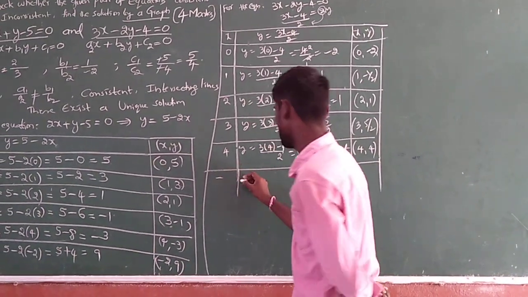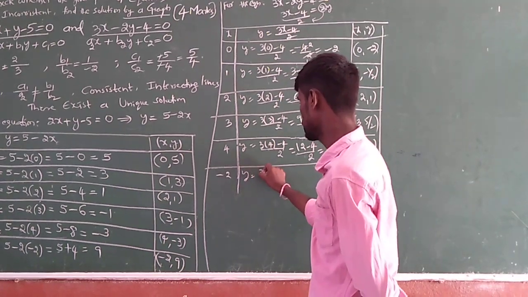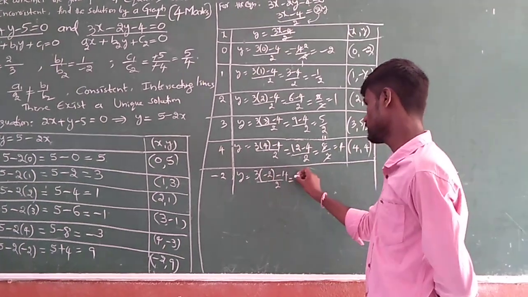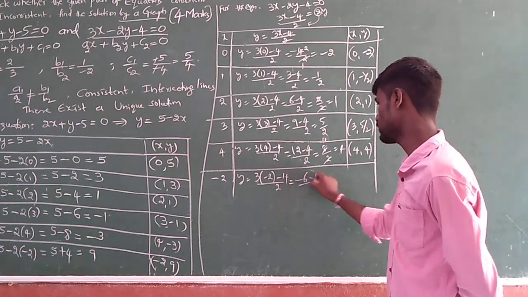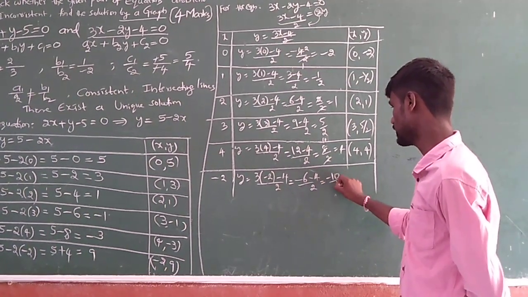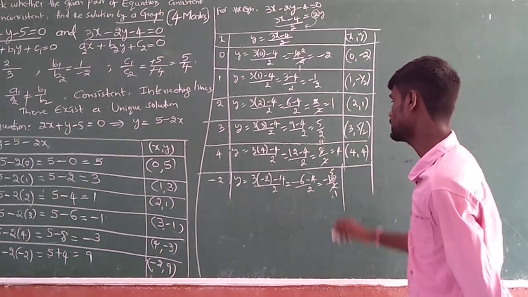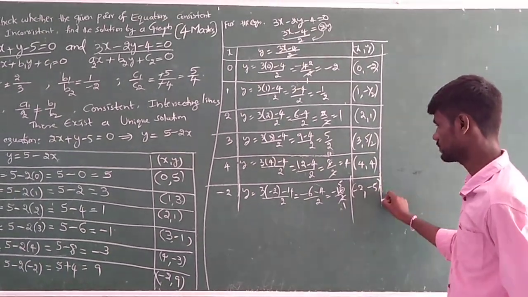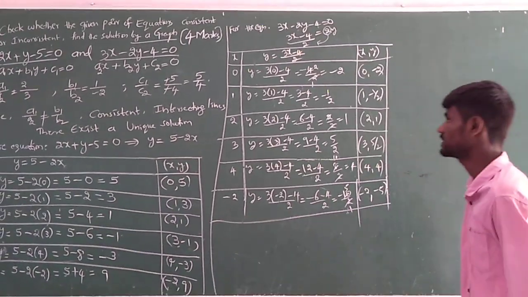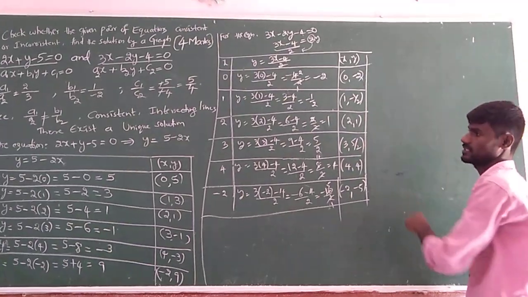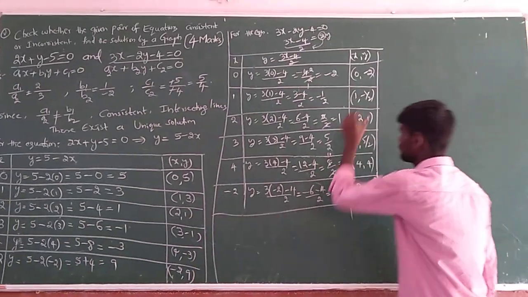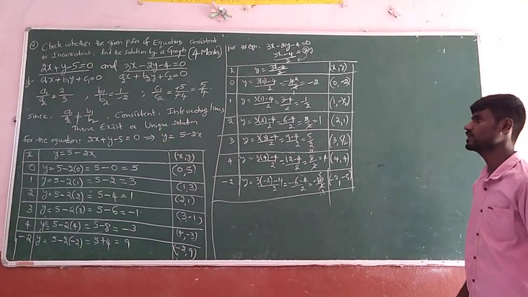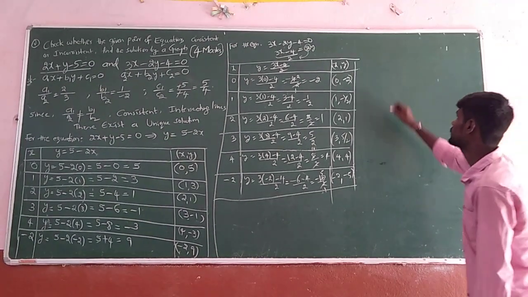And you may take some negative values also, as we already stated. Suppose we take minus 2. So y equals (3 of minus 2 minus 4) by 2. 3 into minus 2 is minus 6, minus 6 minus 4, so minus 10 by 2. What will we get? Minus 5. So minus 2 comma minus 5. So these are the tabular points for the second equation. We have to locate these points on the graph sheet, then connect them, join them. So let us take a graph for that.